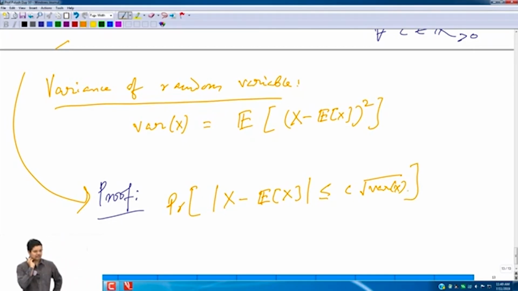This probability I need to study. The first step is let's remove the mod. And how can I remove the mod? Just square both sides. Sure. And so this is same as